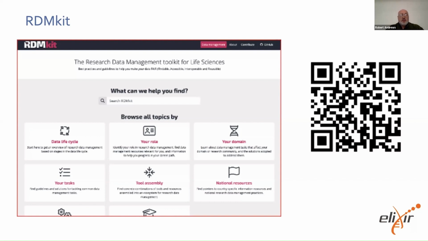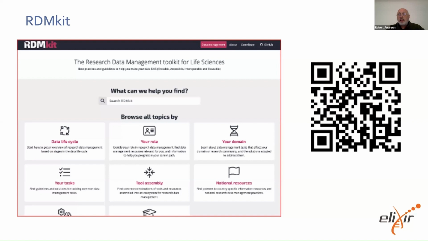It's a research data management toolkit for the life sciences, but really has a lot of information that is applicable across domains. It's written by data stewards and practitioners, around 100 people so far contributing to this, and it's built very much around the style of the Turing Way, if you've seen that. So there are pages on the data lifecycle and specific pages addressing different data types, but also communities, with signposting to useful resources, community standards, and also training.